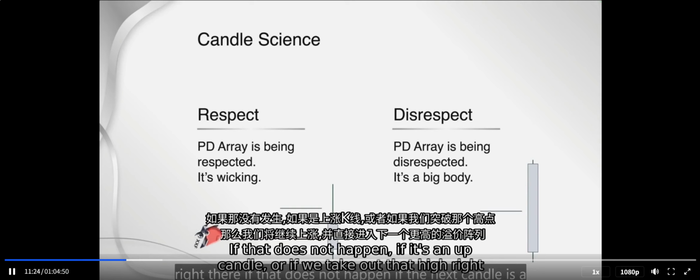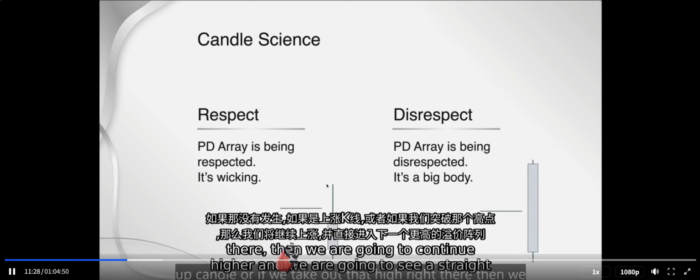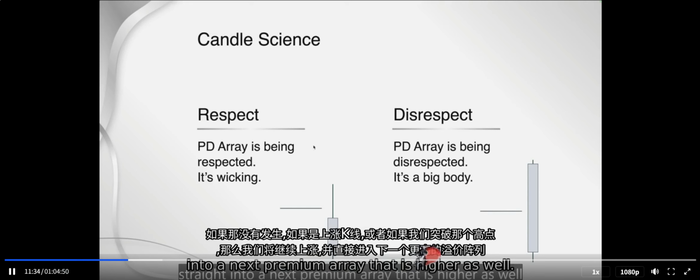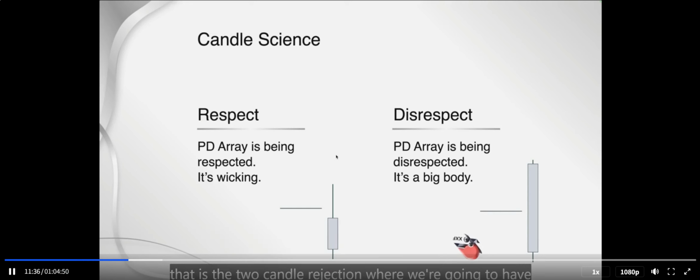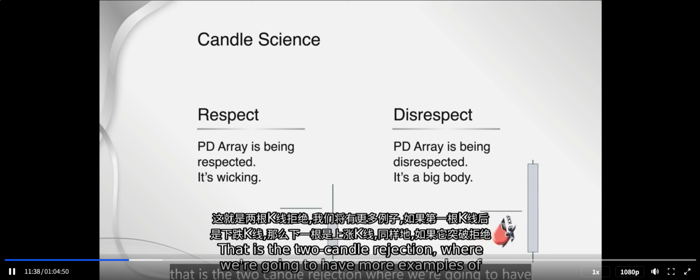If that does not happen, if it's an up candle, or if we take out that high right there, then we are going to continue higher and we are going to see a straight run into a next premium array that is higher as well. That is the two candle rejection, where we're going to have more examples of this as well,